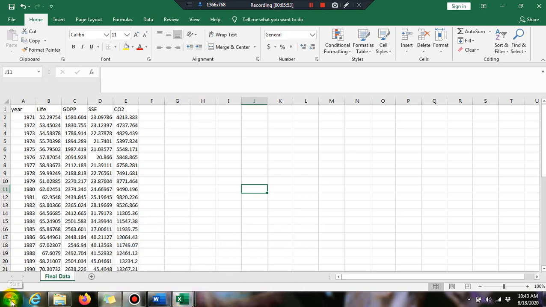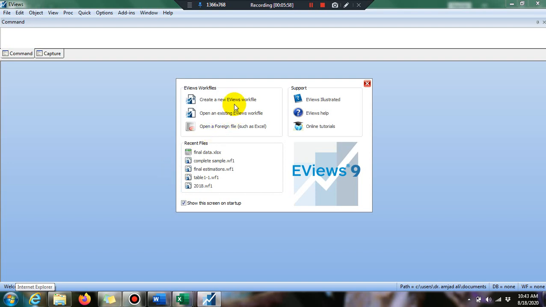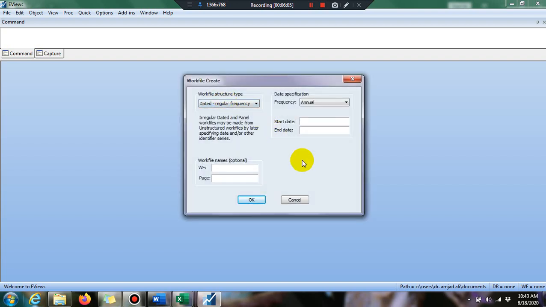Okay, when you open the eViews file, see here it is asking you to create a new workfile. So click on new workfile. Here you see that different options are available: dated regular frequency data, unstructured data, and balanced panel data. Here we are using time series data, so we click on dated regular frequency data, and we are using the annual data series.